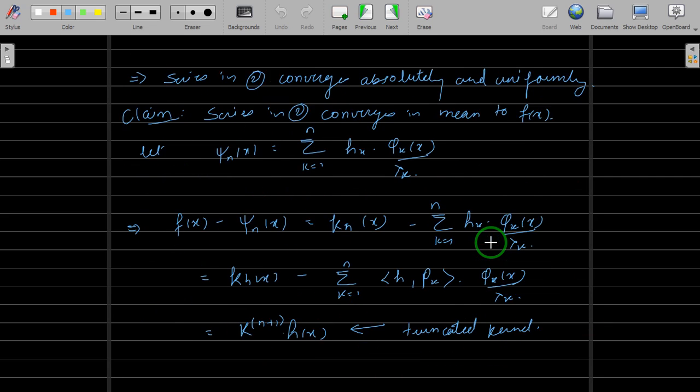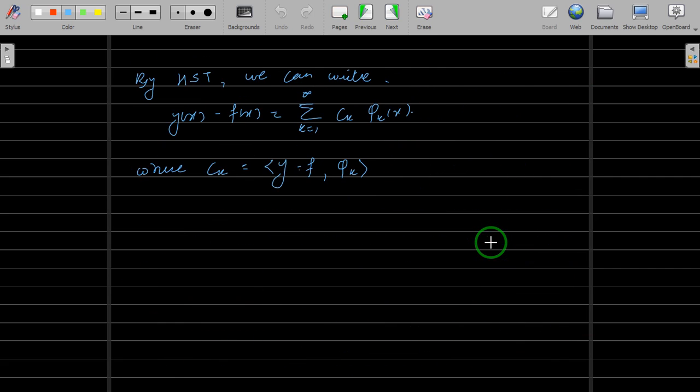In the Hilbert-Schmidt theorem, these h_k's are the inner product of h with phi_k. So our left-hand side, in our case, is y minus f with phi_k. When you open this and use the properties of inner products, this will be the inner product of y with phi_k minus the inner product of f with phi_k. We write this as y_k and this as f_k. So c_k is equal to y_k minus f_k,